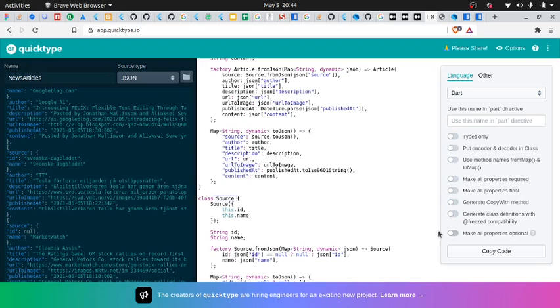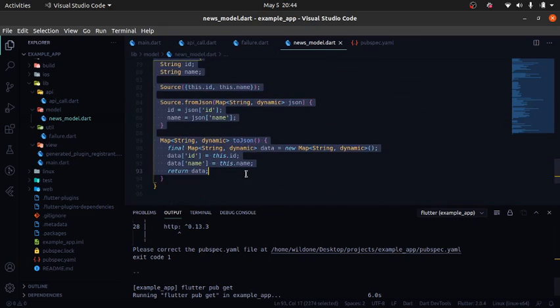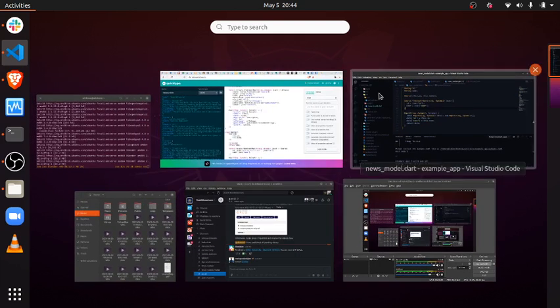So since you're going to be needing it, you can just copy this code and it's going to tell you you've copied it. But we already have this in our model class. So if I go here, this is the model class. So you can just paste it here and use it as your model class, or you could also opt to use